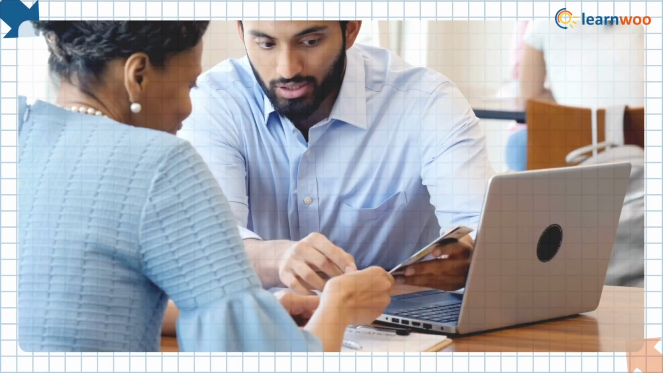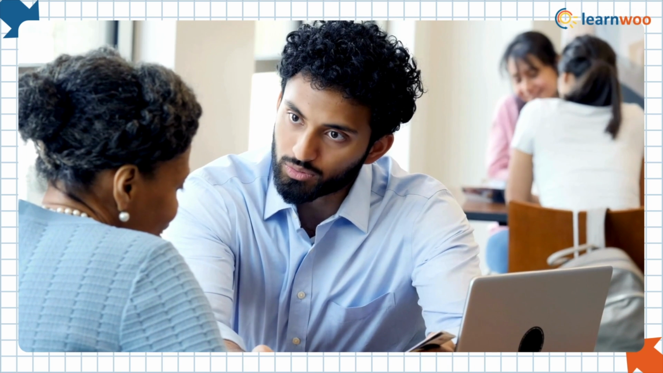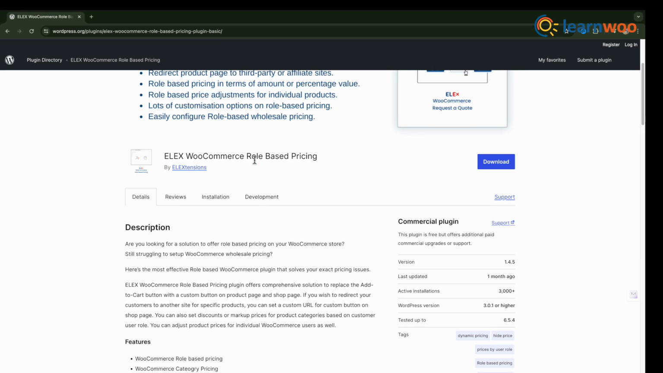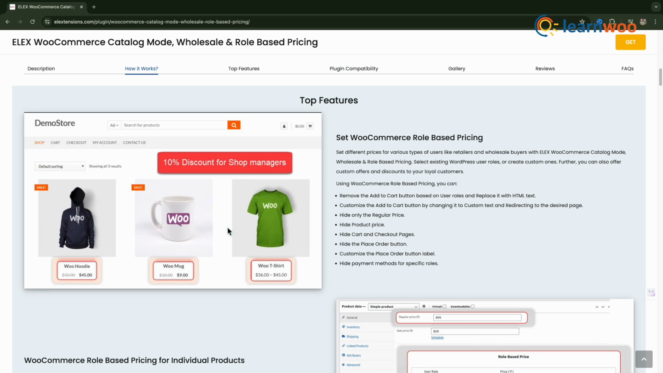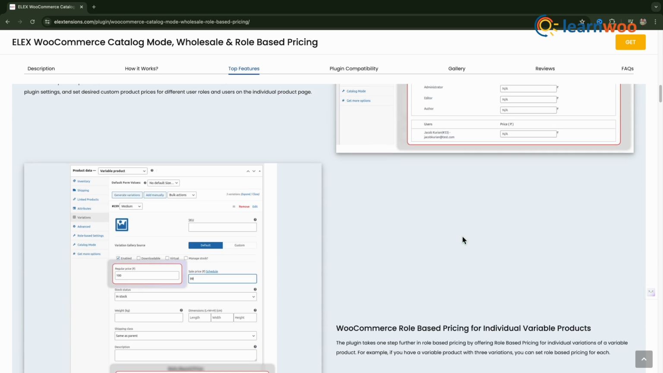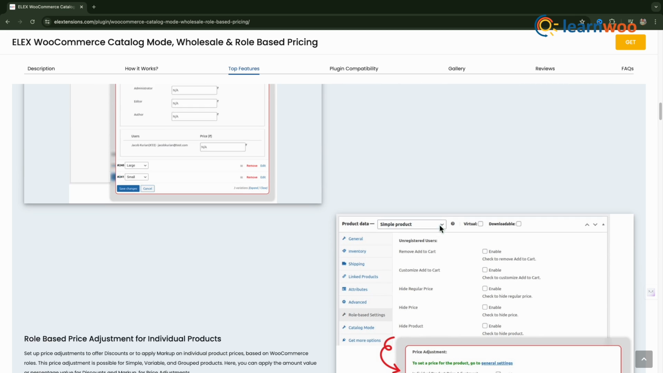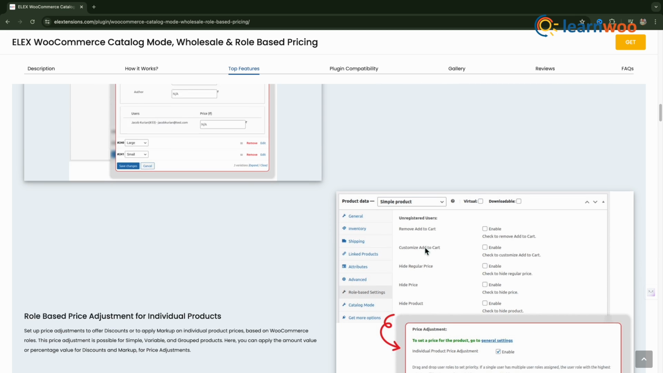In today's dynamic market, catering to diverse customer segments is key to maximizing sales and customer satisfaction. ELEX WooCommerce Role-based pricing plugin empowers you to set custom prices based on user roles, tailoring your pricing strategy to individual customer needs. This plugin transforms your WooCommerce store into a dynamic marketplace, ensuring every customer gets the best value